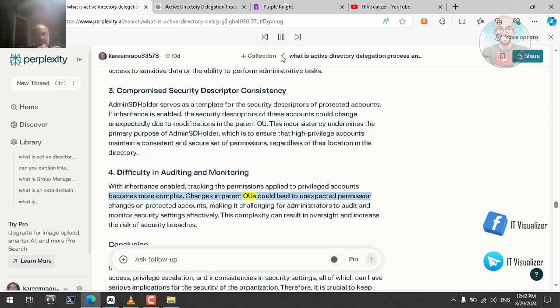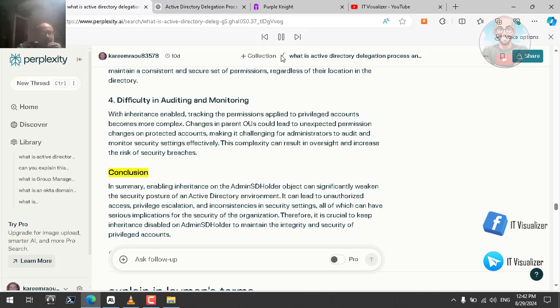Changes in parent OUs could lead to unexpected permission changes on protected accounts, making it challenging for administrators to audit and monitor security settings effectively. This complexity can result in oversight and increase the risk of security breaches. Conclusion. In summary, enabling inheritance on the AdminSDHolder object can significantly weaken the security posture of an Active